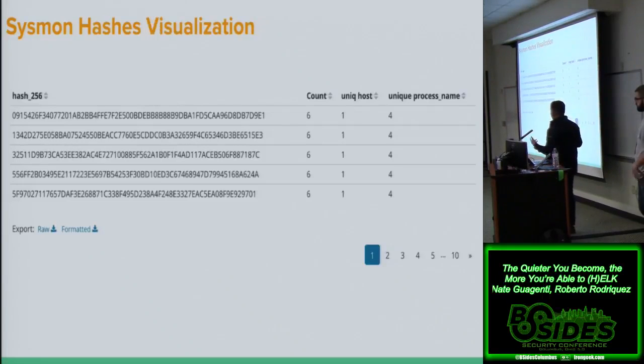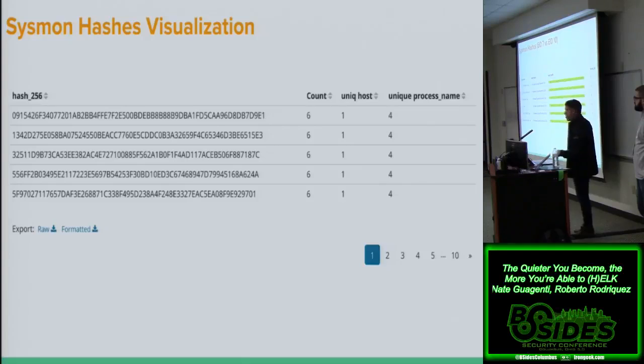One thing that we were actually looking into is creating a dashboard that says, show me all the unique hashes for a computer and also for a process name. Does anybody see what the problem here is? If I have the hashes with unique codes and unique processes? Anybody? No? All right. Pretty much we're saying that we have 4 different processes with the same hash. That doesn't make sense, right?